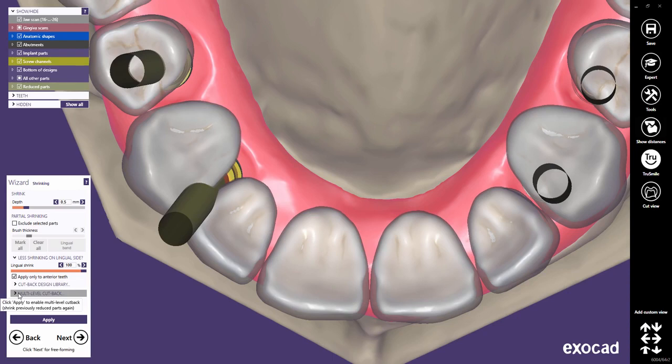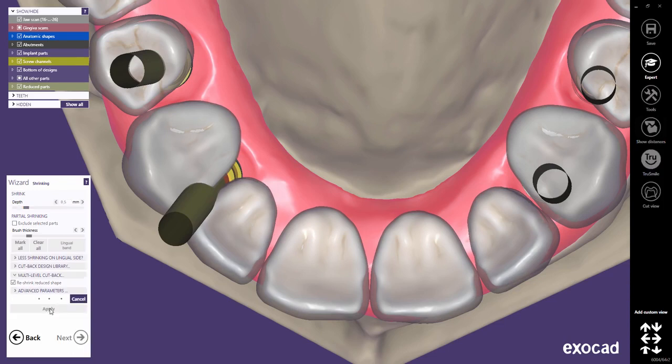To do this, define your parameters for the second operation. Click Multi-Level Cutback and check Reshrink Reduced Shape. Then click Apply to start the additional operation. The advantage here is that the second shrinking operation will smooth the area between the less shrunk lingual side and